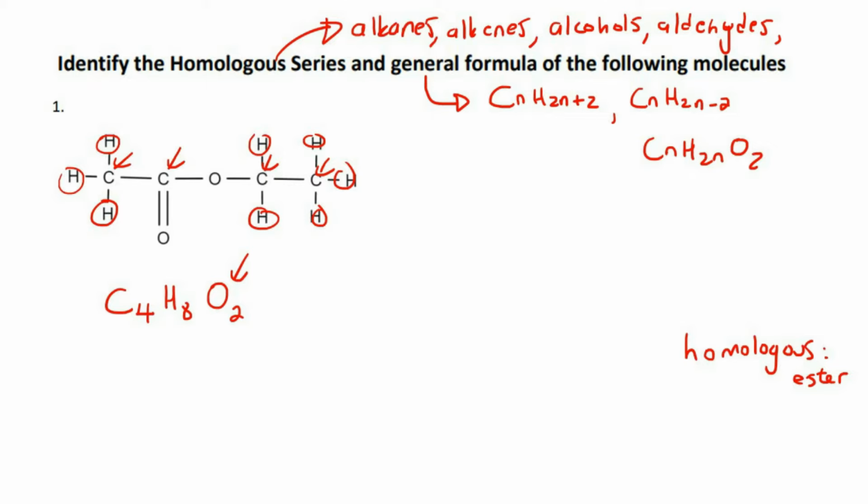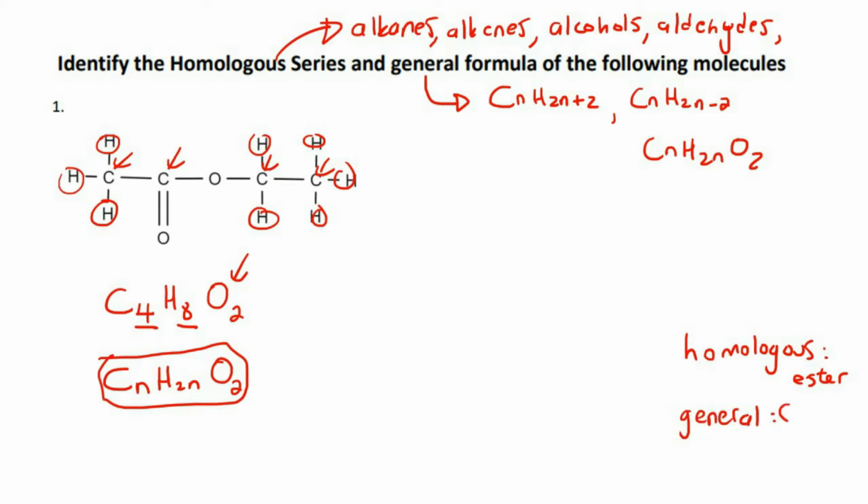So what I would then do is just look at these 2 numbers, and I can see that the hydrogen is double the carbon. So what I would then say is that I can just make carbon N. So that means hydrogen would always be double that. So that would be 2N. And then I know that there's always 2 oxygens, no matter what, whether there's 75 carbons or 3 carbons. For esters, this would then be the general formula. So let's go write that out. The general formula would then be